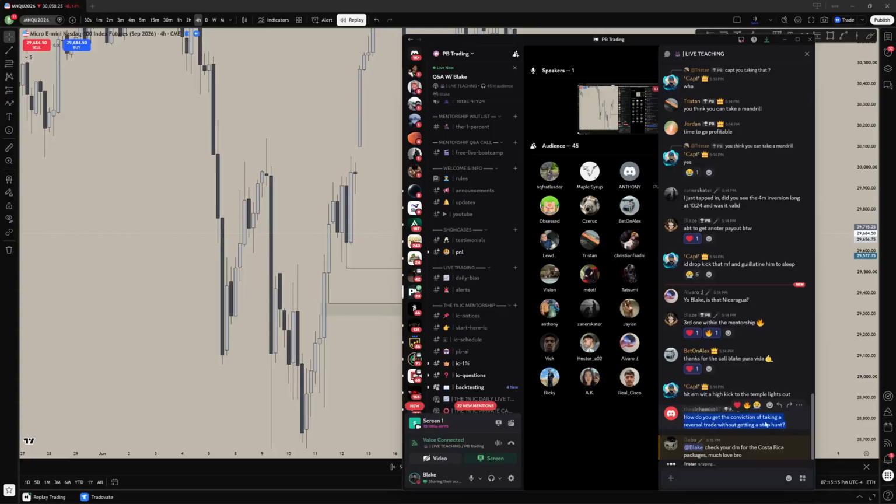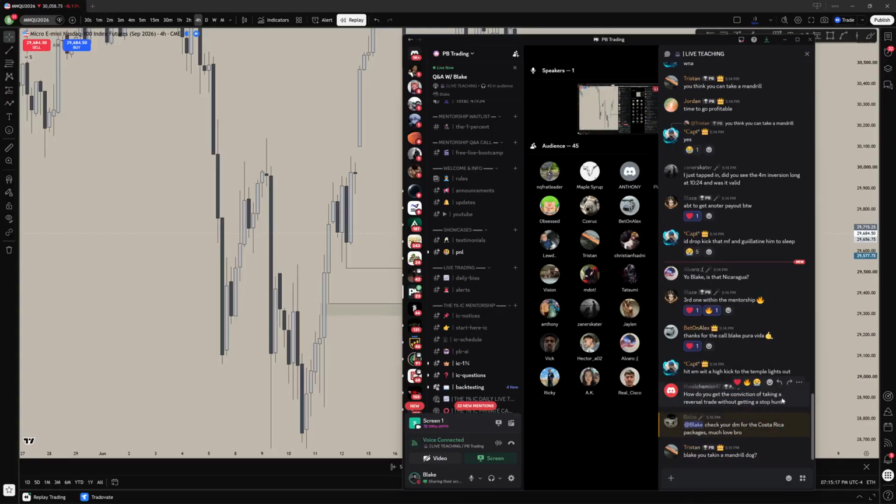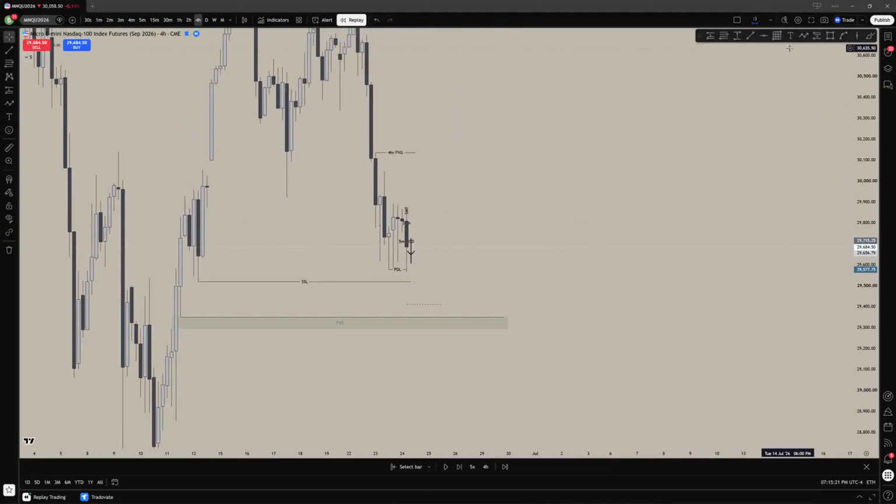How do you get the conviction of taking a reversal trade without getting a stop hunt? I get the conviction by seeing how good the reaction is off the level. So if it's like a V shape, if it's a,